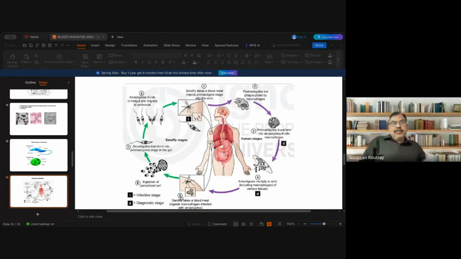So they are called modified organisms, and they are placed there, and they will not allow the development of this promastigote into an amastigote. So they will halt the transmission of the parasite without killing the sandfly. Our aim is that these parasites will get exhausted. They should be removed from the region, from the community.